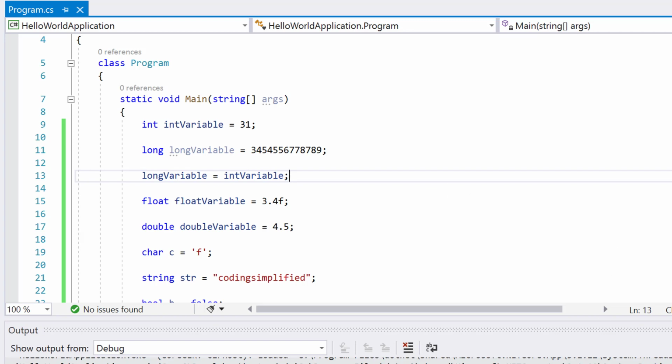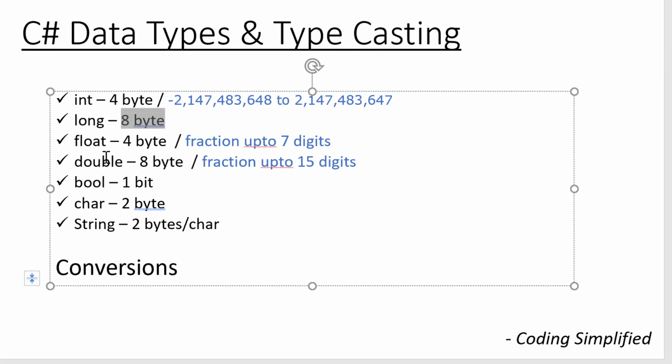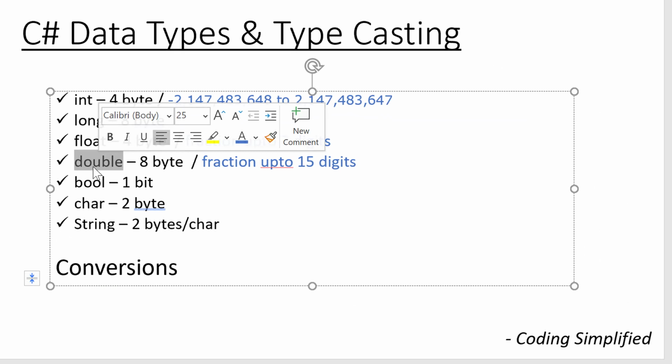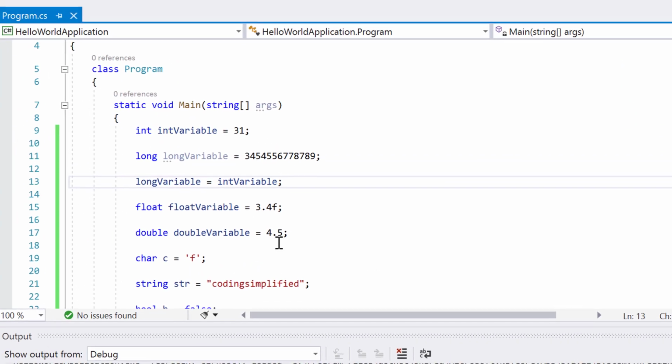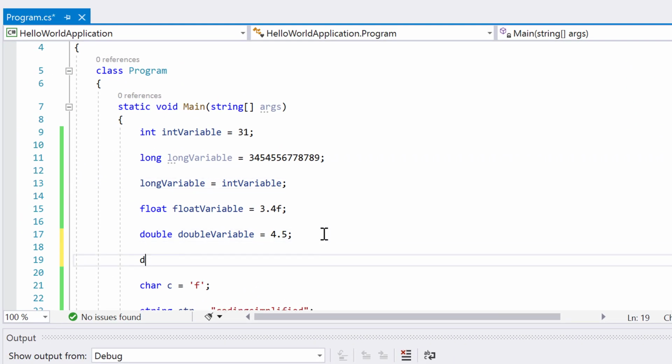Similarly I can also have double. Let's say if I want to fit a float into a double, that is also fine, because this is a big container and in this big container you are trying to fit a small container. So basically it's true for all. If you are putting a small data type size into a big data type size, then that is perfectly fine. We call it implicit typecasting. Now let me take one more example as well. Similarly, if I have a double, I can easily do double equals to float variable, that is also fine.